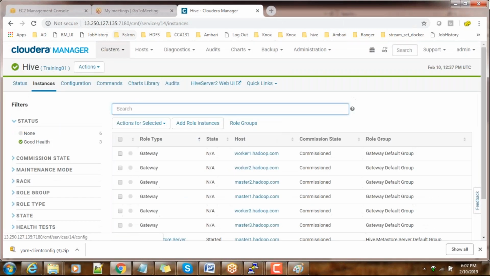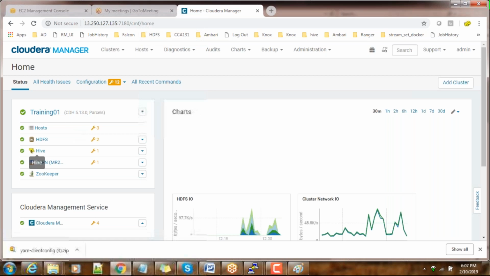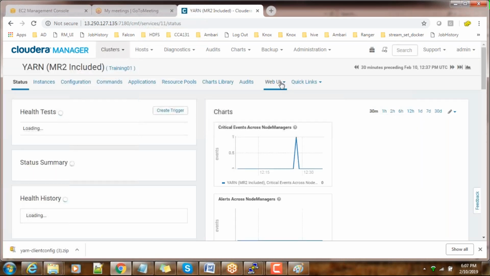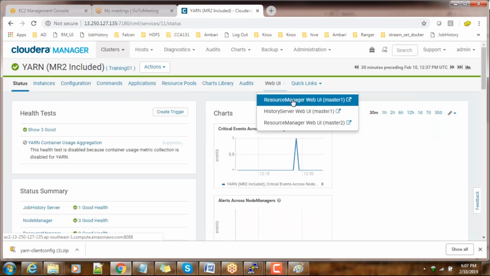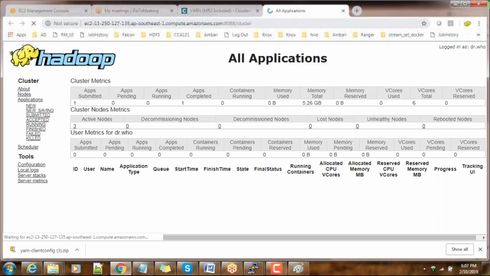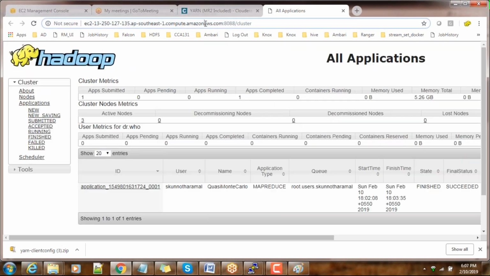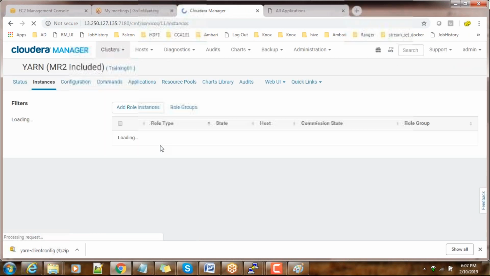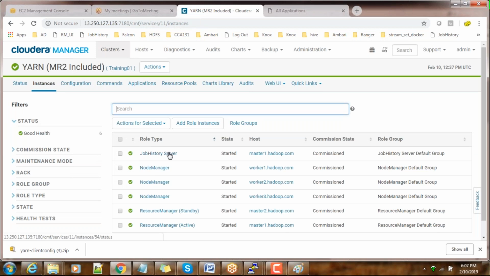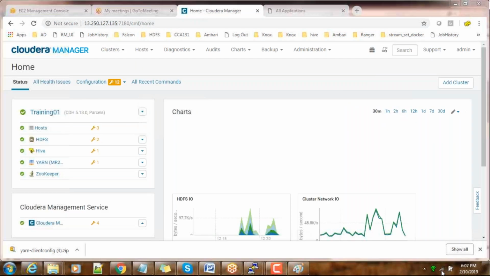So basically, we will have that job history. If you go to the yarn resource manager web UI, now we have got the two, master one and master two. Here you can see the details about the job. This is controlled by a daemon called the job history server, and that will take care of all this backend logging. Before moving on, can you please explain